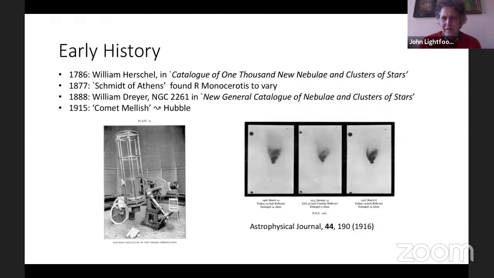Mellish was basically not given the job of investigating it further, even though he discovered its variability and must have maintained that it was varying. That job of investigation was given to Edwin Hubble, who was then a young unknown student himself. And this telescope here, I think, is the telescope that Hubble used to do his studies of the variable nebula in 1915, 1916. And he confirmed that it was varying.